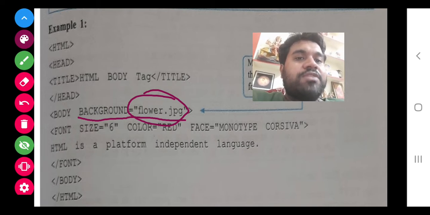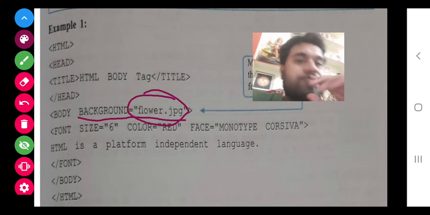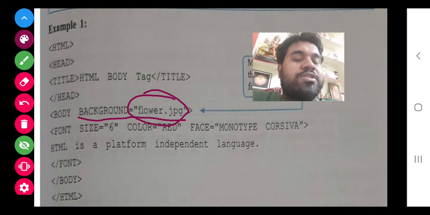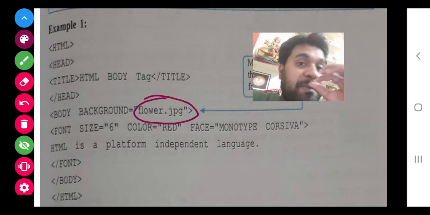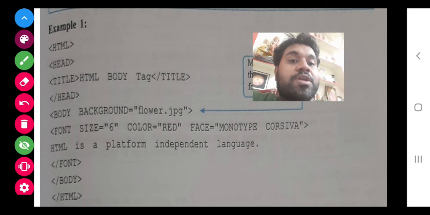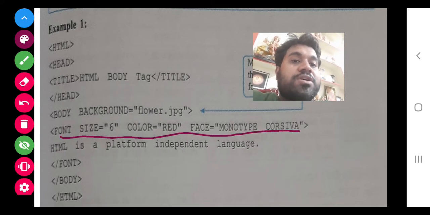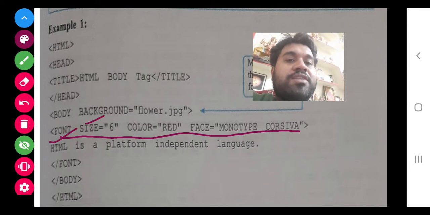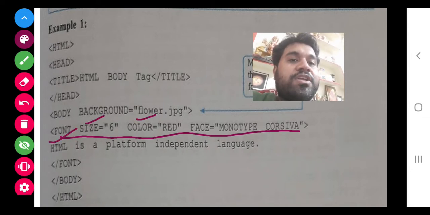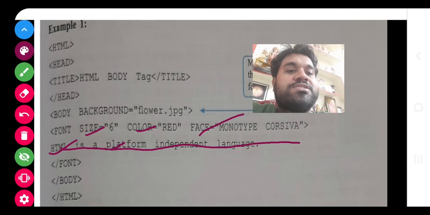You will open that with your explorer, either with Chrome or with Internet Explorer, and here you will paste the address. In Internet Explorer there is an address bar. From there you can copy and paste it here, and after pasting here you can proceed. Now after that, here they have used the font tag. Under that there is size, color, spelling of color, you can see COLOR, and the face. So class, size is 6.